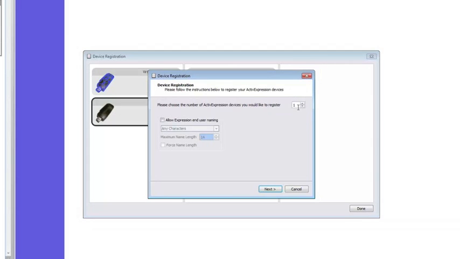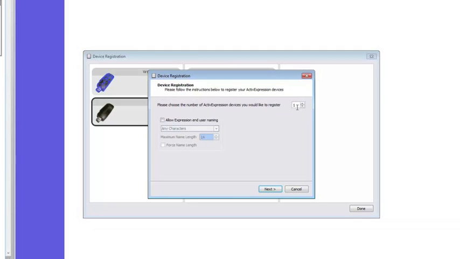I suggest that you register all 32 that are in your pack. The reason why is if you only have 24 kids in your class, and if a battery goes dead on one of those, you can just grab them another one out of the pack and say, here, use this one. If you only register 24 and you have 24 students and the battery goes dead, you're kind of stuck because you'll have to shut everything down, register another clicker, hand that clicker to them, and go through that process. So it's best if you register them all at once and then just put the other ones in the pack